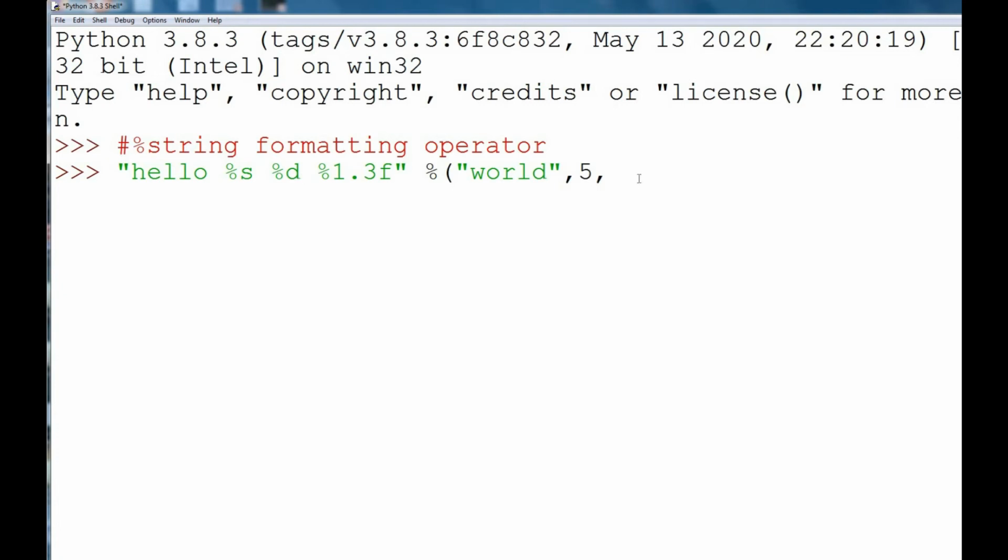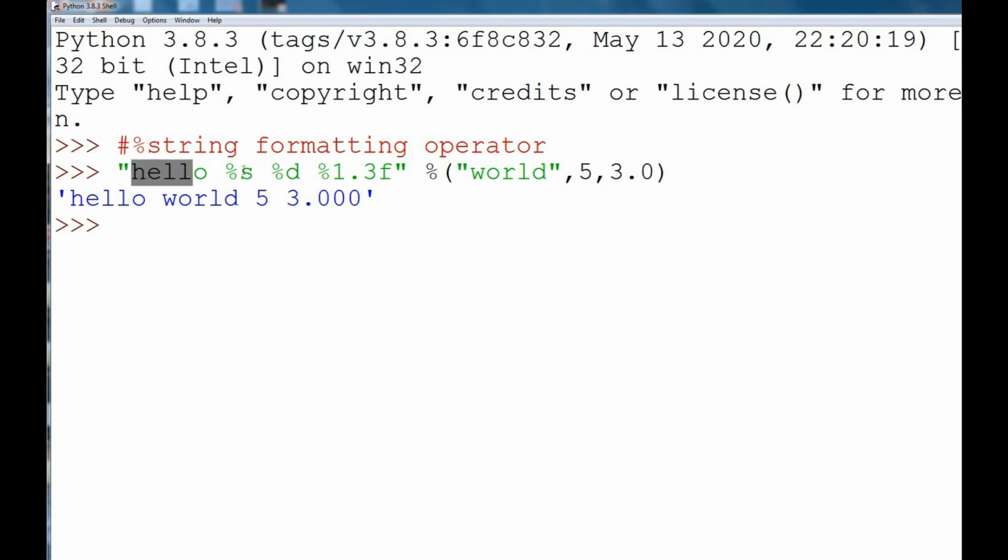Then %1.3f should be replaced with a number, so I will give 3.0. Now press the enter key and check.